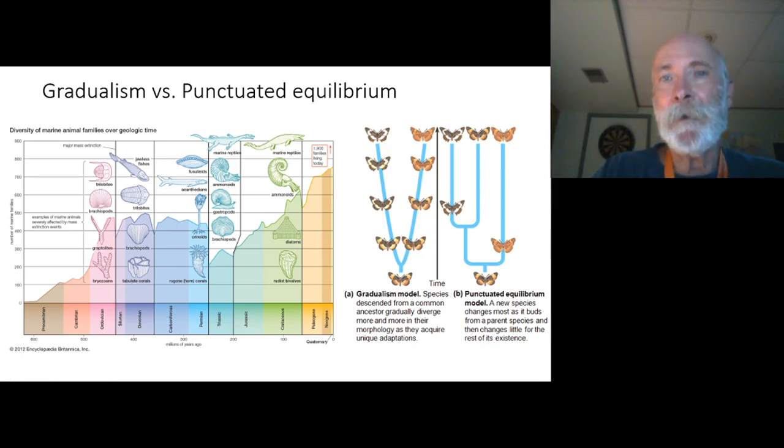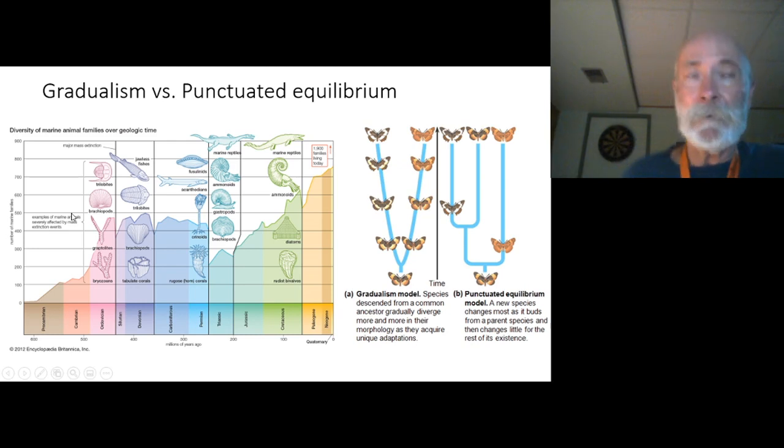There's no longer any evolutionary change. You can get another perspective on this by looking at the history of life here, and we can see a number of mass extinction events. So this is time on the x-axis, and then number of species on the y-axis. And this is just for marine organisms, so it doesn't represent exactly what's going on for terrestrial organisms. But you can see that there are a number of